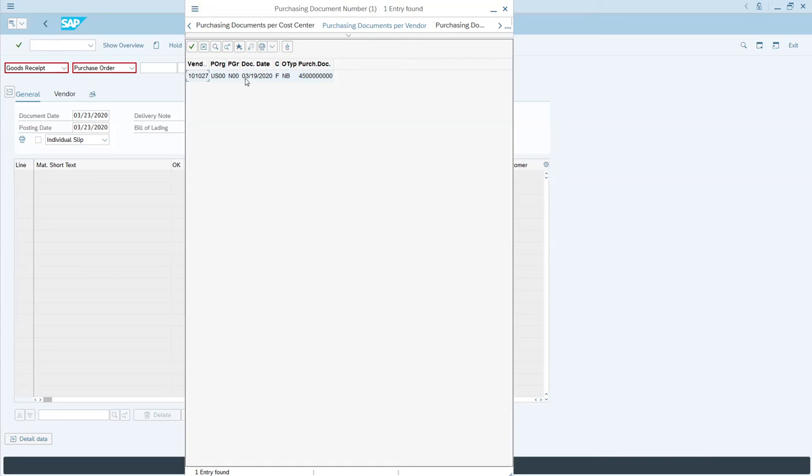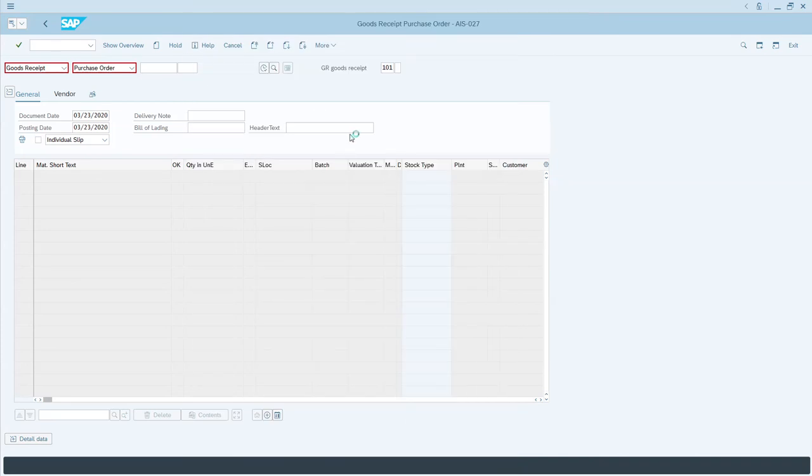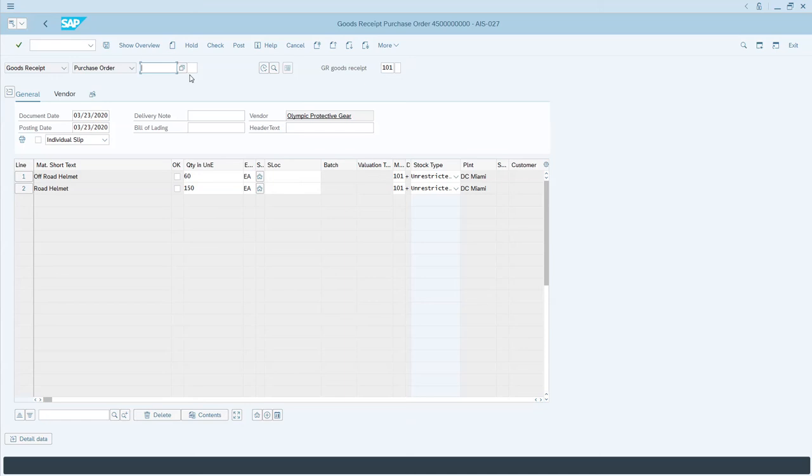Created it on March 19th, 2020, and today is actually 3 days later. It's 4 days later, 23rd. And here is my ID, 45 and what's that? 8 zeros. Okay, so all I have to do really is double click, and the ID will be populated in the field. Now all I have to do is hit enter, and what happens at that point is the client,